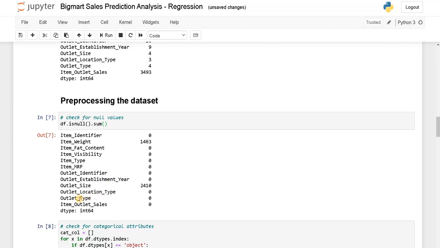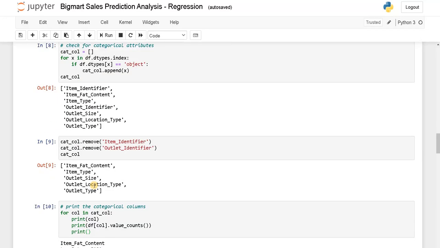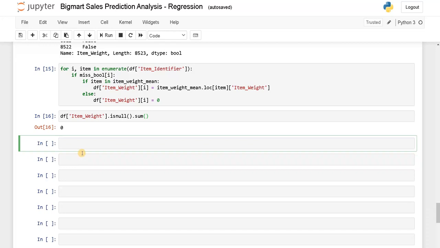We are going to use the pivot table function again. Based on the outlet type, we are getting the most common value in the outlet size, that is the mode function in statistics. Let's do that now. Outlet size mode equals df dot pivot table.